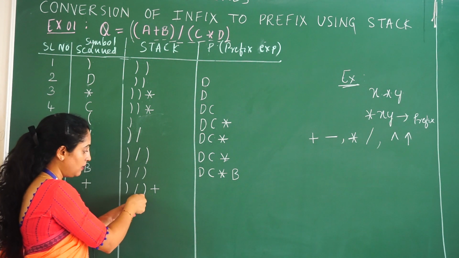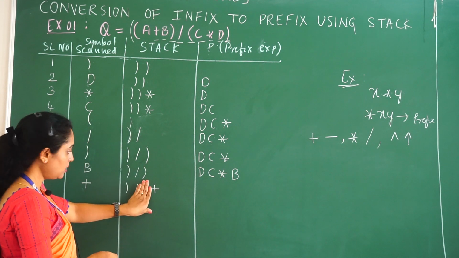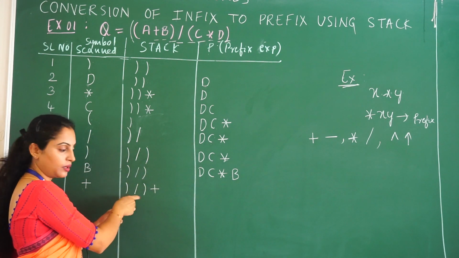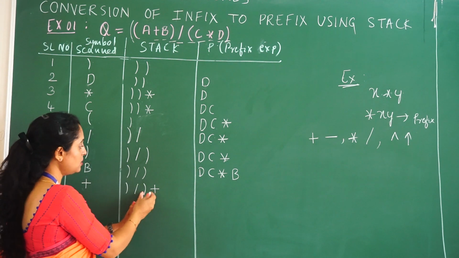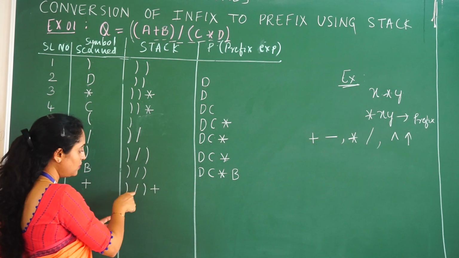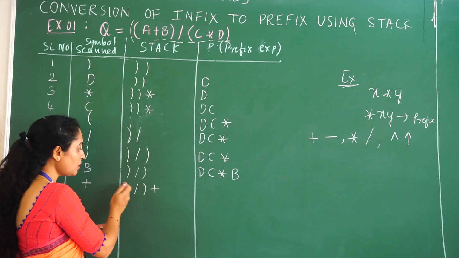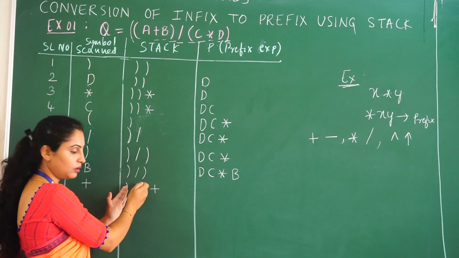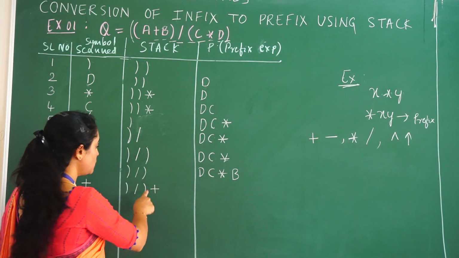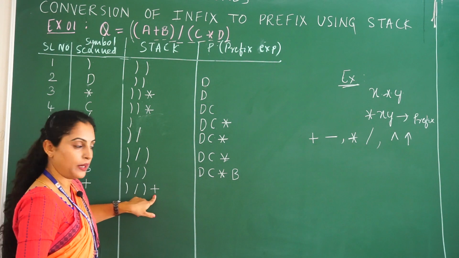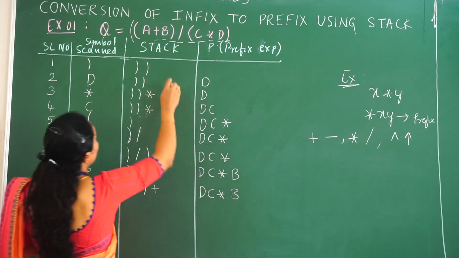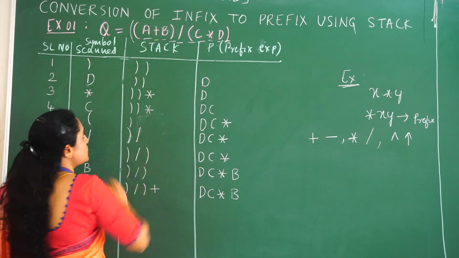Suppose if the right parenthesis is not here, we have to pop out the division and then push the plus operator, but we have a parenthesis here, so we have to consider only what lies between the right parenthesis and the left parenthesis. That is why this division symbol is applicable only for the other parenthesis, so we are not popping it. Let us consider only between the parentheses. So we push the plus operator after the right parenthesis. So let us continue scanning.